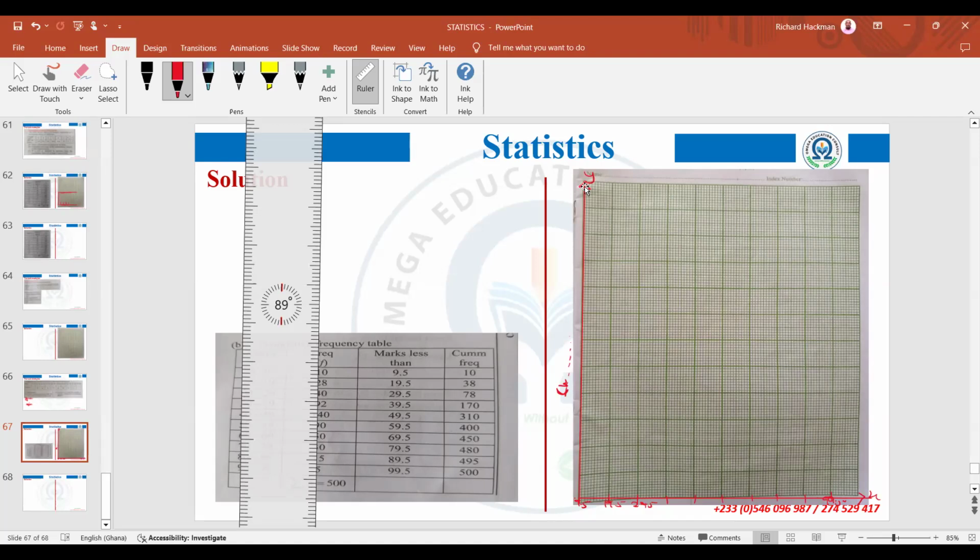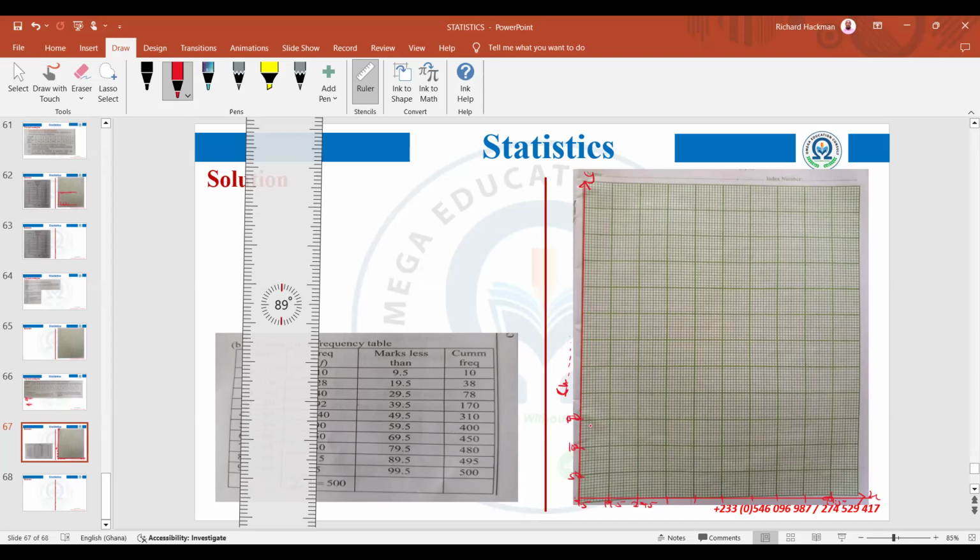It will be 600. So you can see that 600 can accommodate the 500, the maximum. So we can use 2 centimeters to 50. Is that clear? Usually a scale will not be given, so you have to choose your own. In this case, we will have 50, 100,